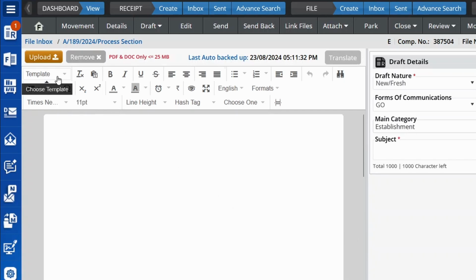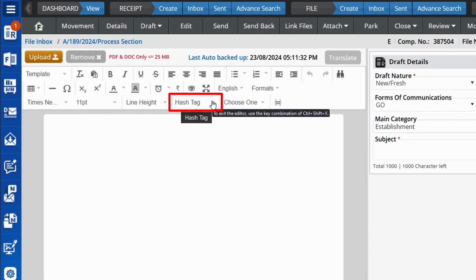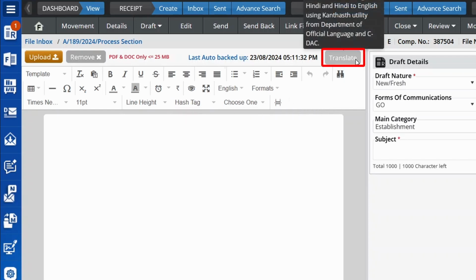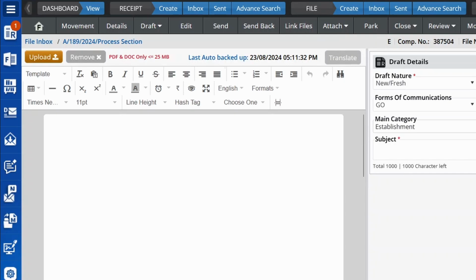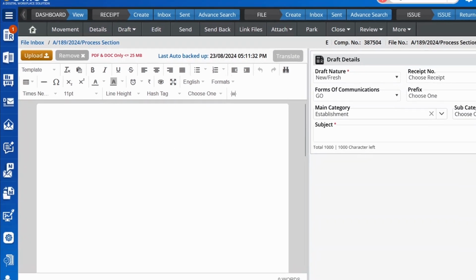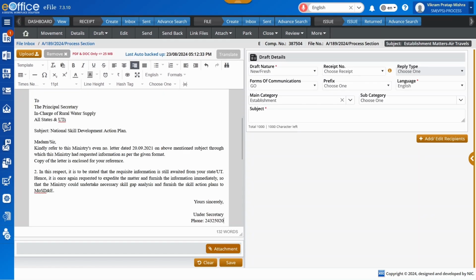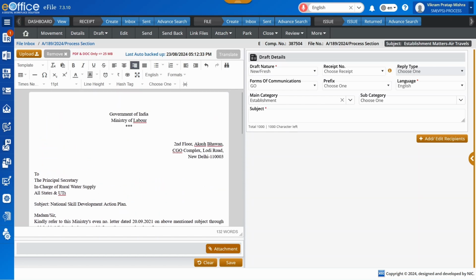These are: 1. Use of templates for predefined formats. 2. Hashtags to insert some information automatically in the content. 3. Translate to help you translate content from one language to another. Templates are the easiest way to insert the default content and its format into the editor, against known standard replies, such as replying to VIPs, addressing or acknowledging received grievances and RTIs, etc. And then the user can add information specific to this draft under preparation.